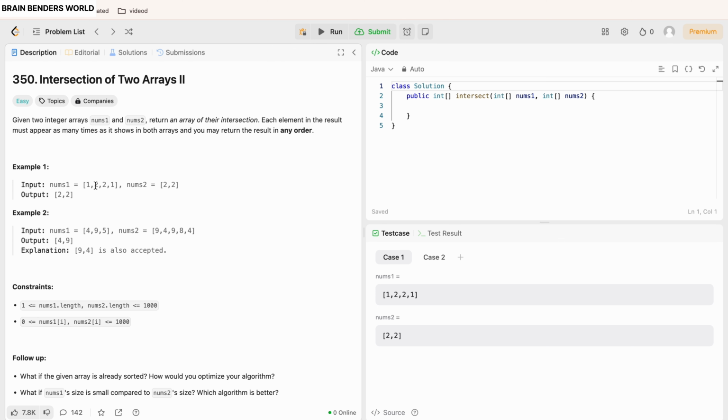common. So what is the difference between version 2 and version 1? Here it says each element in the result must appear as many times as it shows in both arrays, and you may return the result in any order. So for example, 2 is coming two times, and over here 2 is coming two times, so it means 2 and 2. Your answer should not have only one 2. If 2 is coming three times in nums2, then 2 should come three times, and a total of 3 elements would be there in the final output